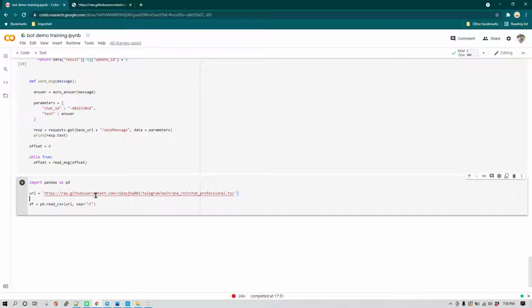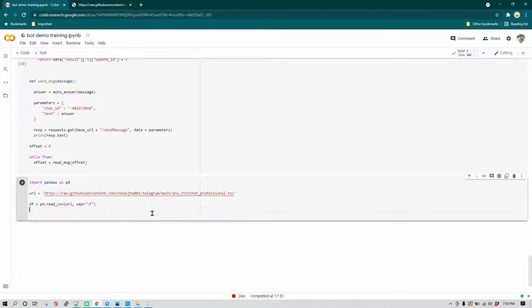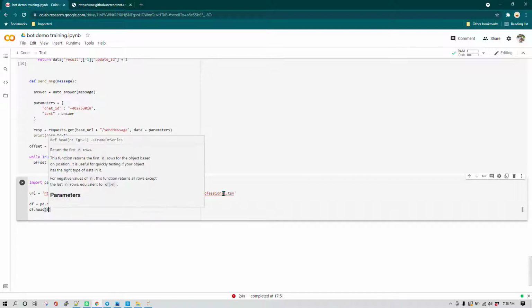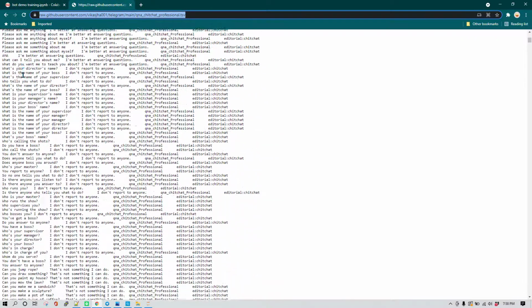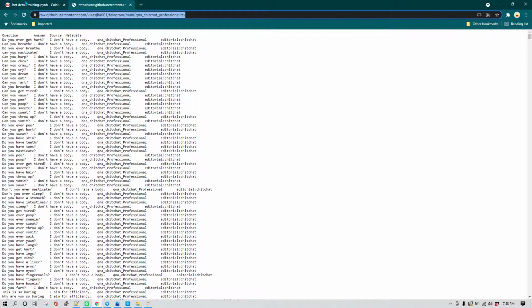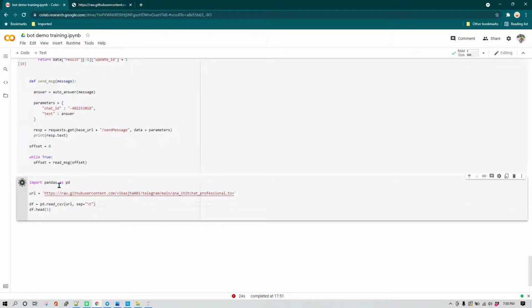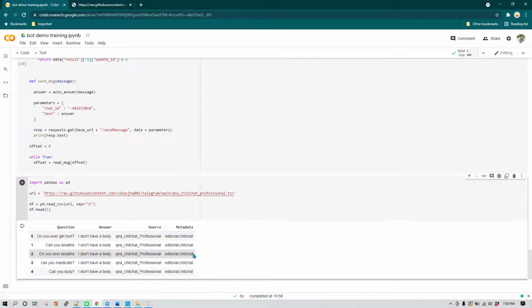So this is a URL basically which we are giving here. And in separator we are saying it is a tab delimited separator, so that's why we have written /t. Now what I can do is I can do df.head 5, and it is going to print only 5 records from this complete file. So you can see in this file we have 10,000 records or 10,000 rows. Now I'm going to execute it, and let's see how we see the output here.